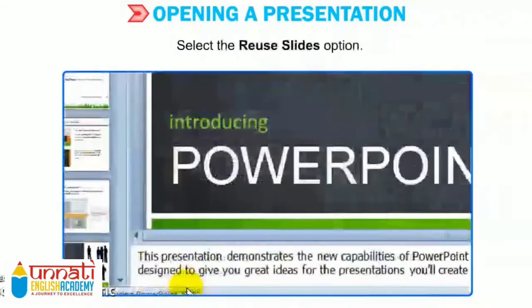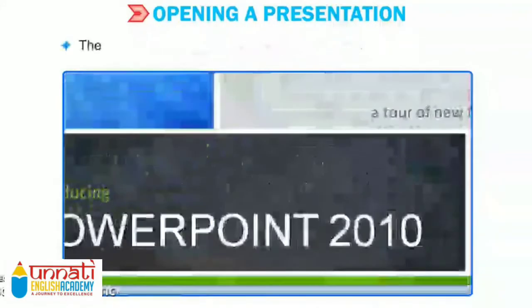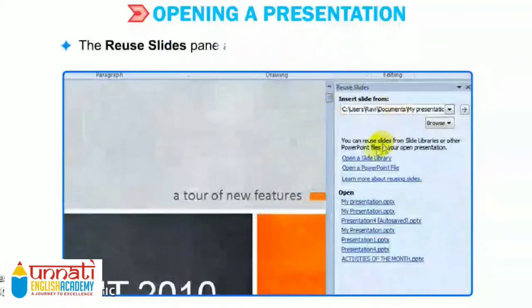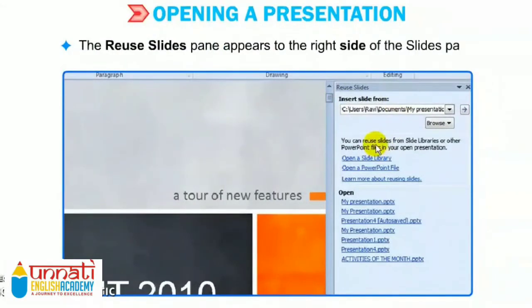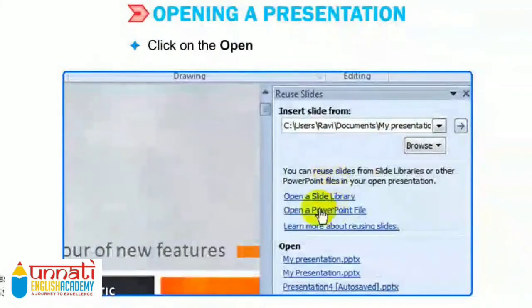Select the Reuse Slides option. The Reuse Slides pane appears to the right side of the Slides pane. Click on the Open a PowerPoint file option.